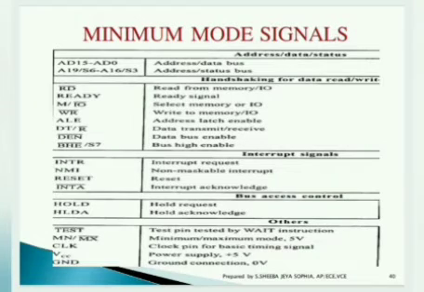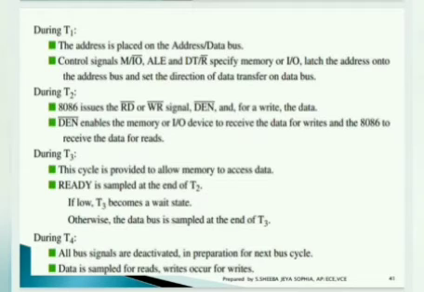So here, similar to the timing diagram, 4 T states are available. In the first T state, address or data is placed on the address data bus, and during the second one, read or write is initiated. During the third cycle it is used to provide the access to data. During the fourth one, all the bus signals are deactivated.